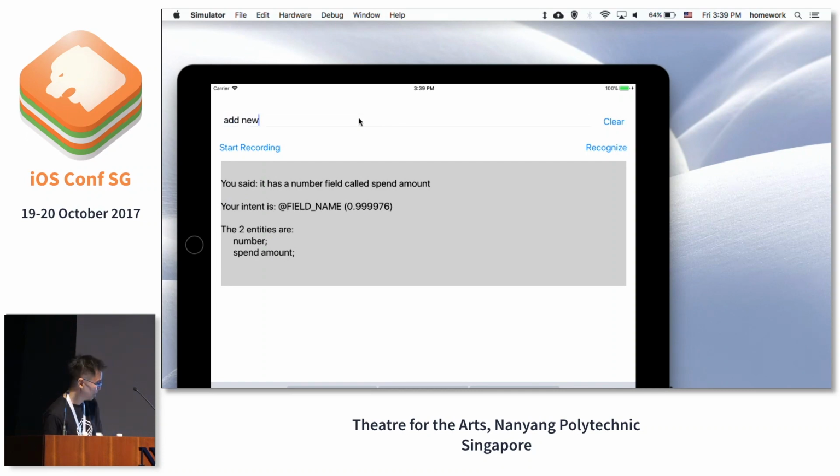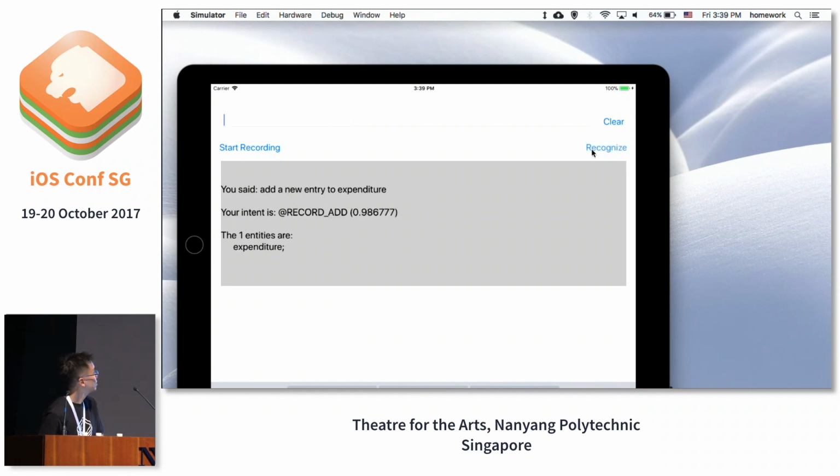Okay, and let's say I've already created my tables. I want to add a new entry into expenditure. Right, so this is insertion. Recognized probability is 0.98. Okay, and the table knows to insert into expenditure, and then I'm going to key in some fields, right? So the description